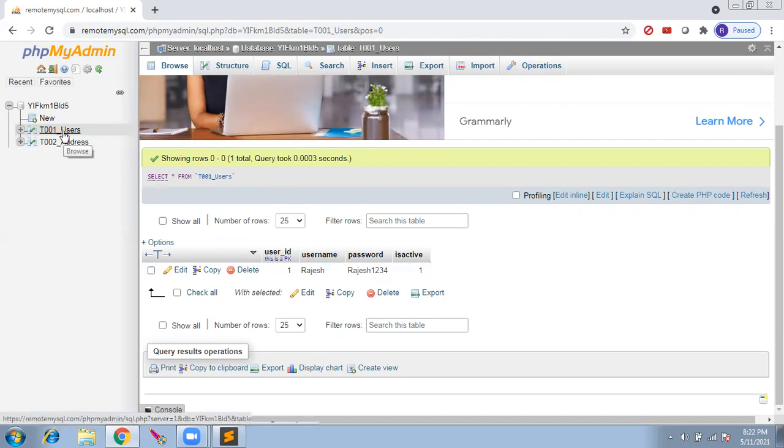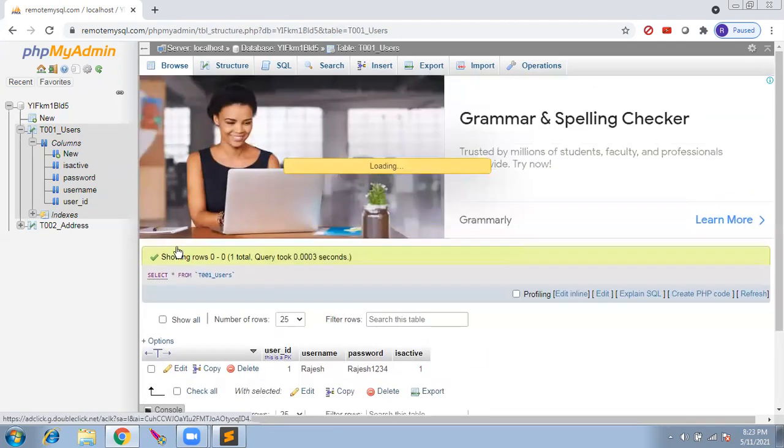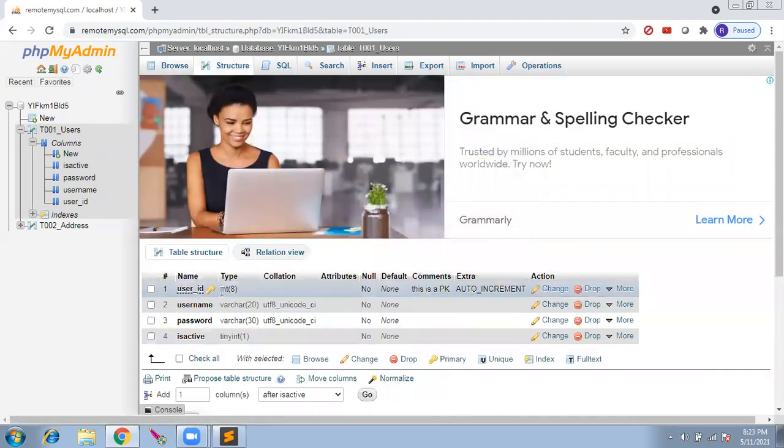So for now, I have created one table called users. The users table is going to have an active flag, a password column, a user name column, and a user ID column. If I go to structure, the user ID is a primary key.